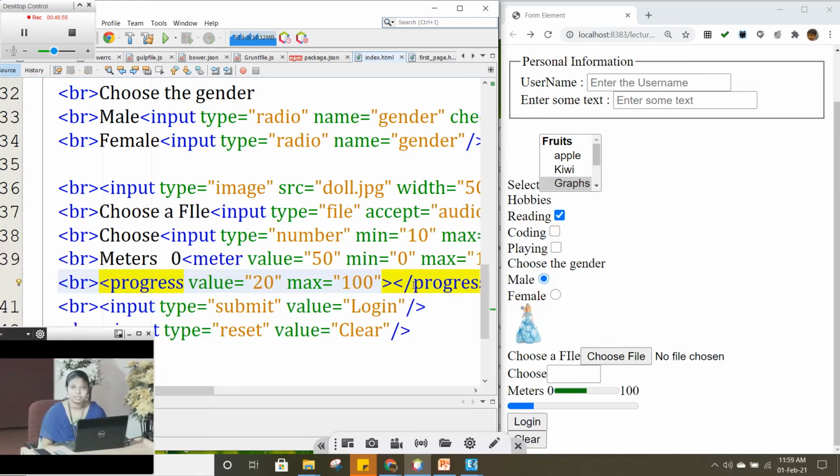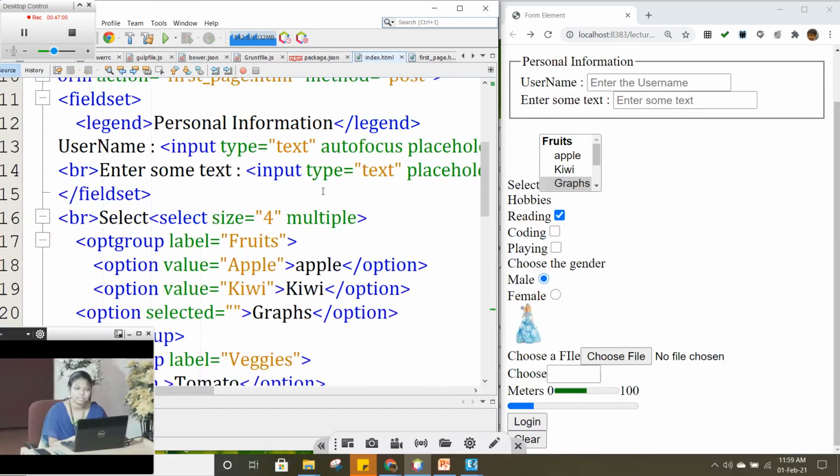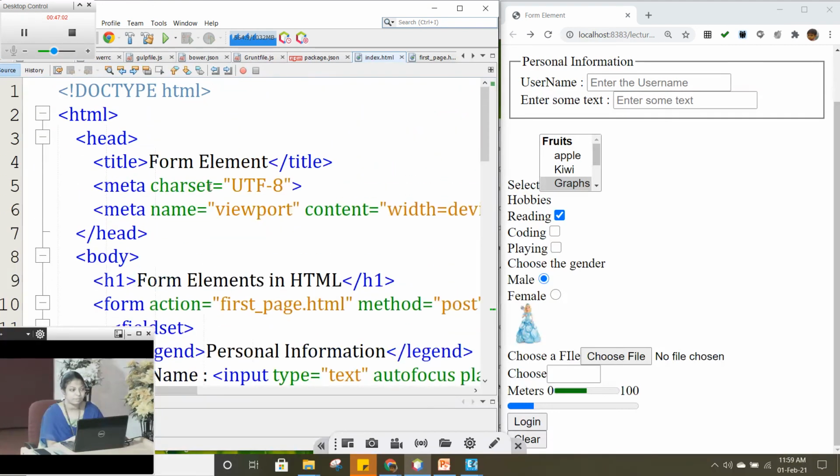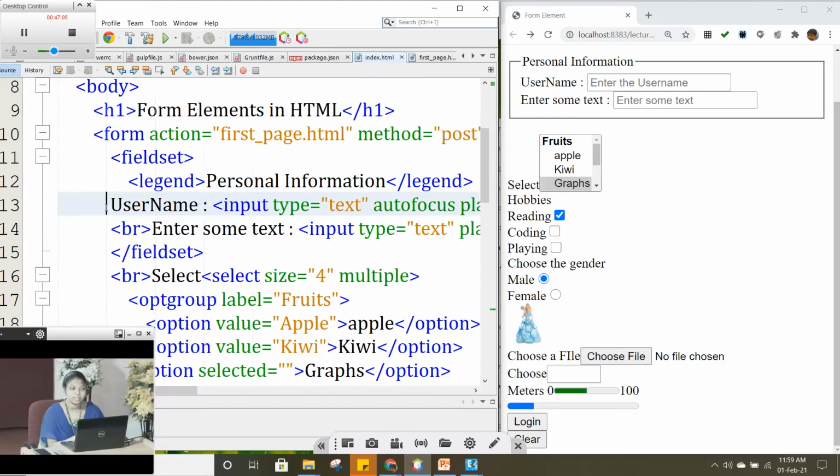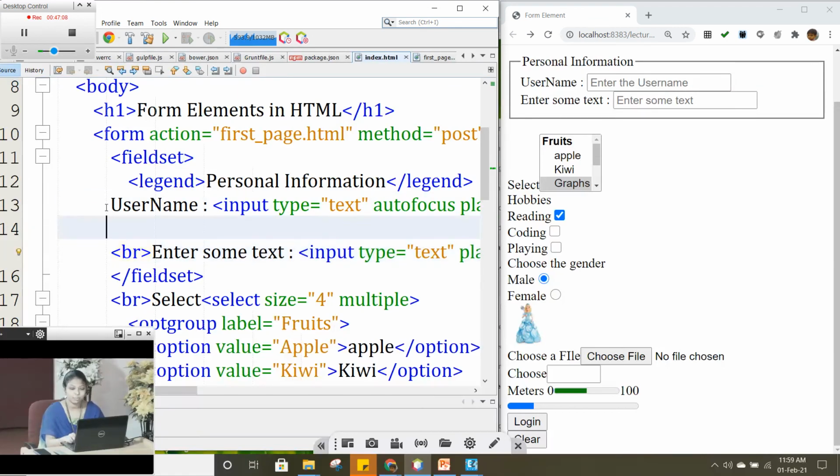We have seen getting a text box, and with a text box we can get a single line of input. And one more thing finally I have to tell you: if you want to get a single line of input, we use a text box. Whenever we want to get multiple lines of input from the user, there we have a text area. So the tag name here is textarea. Whatever text you want to enter here, you can give comments. Whenever we want to get comments from the user, which will be more than a line, in that case you can go for a text area.